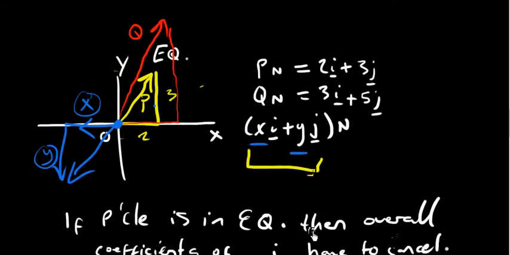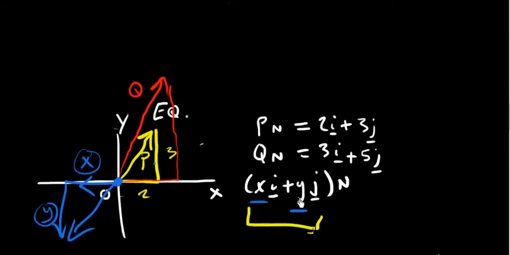So having said all of that, we can go up here and say that let's add up all the i's and all the j's. So when we add up all the vectors, the other way we can do it is just to add up all of the vectors straight off. So then we would have p plus q plus the mystery vector we're going to call r,